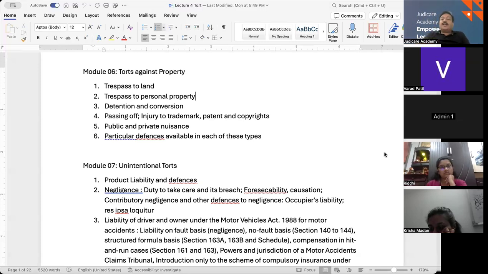So what are the key elements for passing off, injury, trademark, patent, copyright, etc.? Consumer confusion is created. A primary focus is whether the consumer is likely to be confused about the source of the good, service, or product. So there is a confusion in the minds of customers which is created.